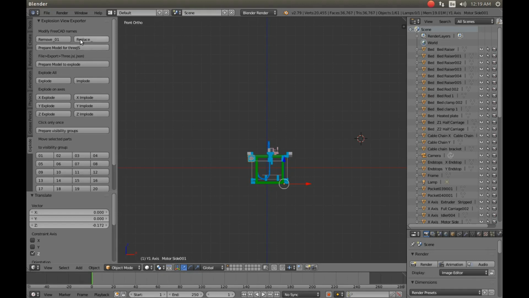Before exporting in .json format, that's JavaScript Object Notation, with the 3JS exporter, click the Prepare Model for 3JS button. Several things happen unnoticeably, but it's absolutely crucial to get a good result. Part location, rotation, transparency, and specular intensity are set. Now go to File, Export,